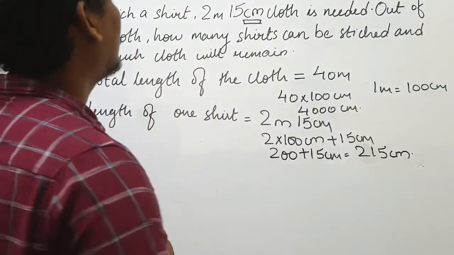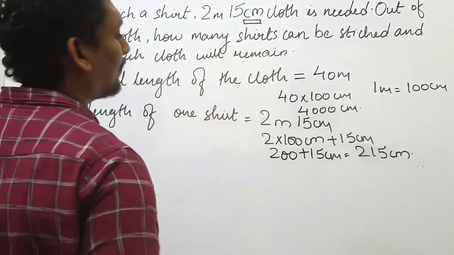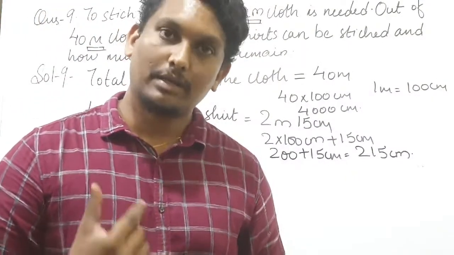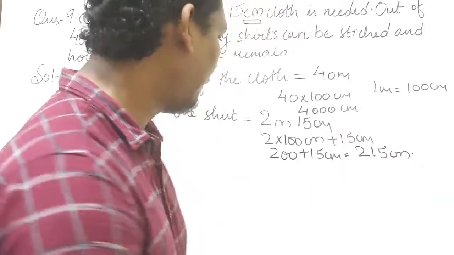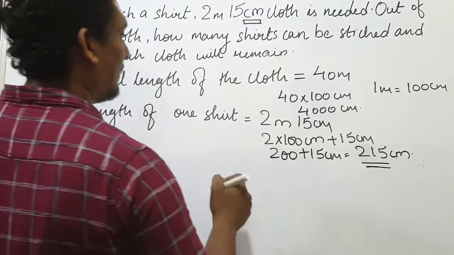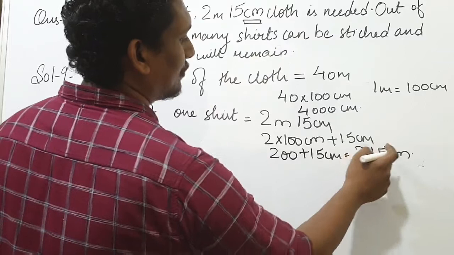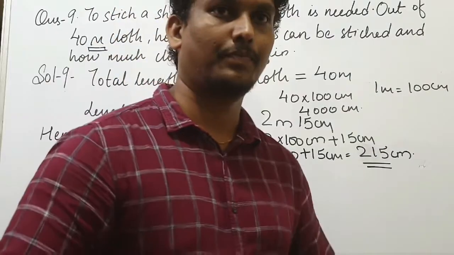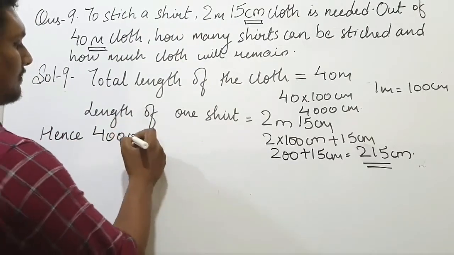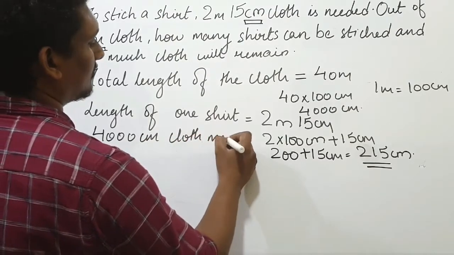Now next is, how many shirts can be stitched and how much cloth will remain? Okay, here we have to find the value of 1. So for finding the value of 1, we will do the division. Okay, so here we will divide 4000 by 215. Hence 4000 centimeter cloth makes,